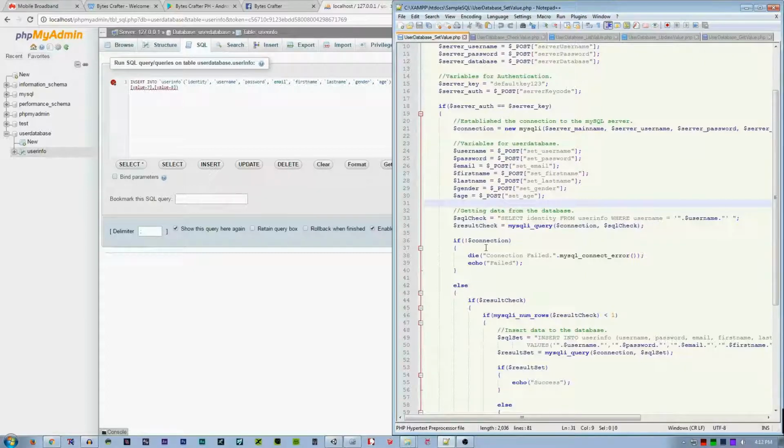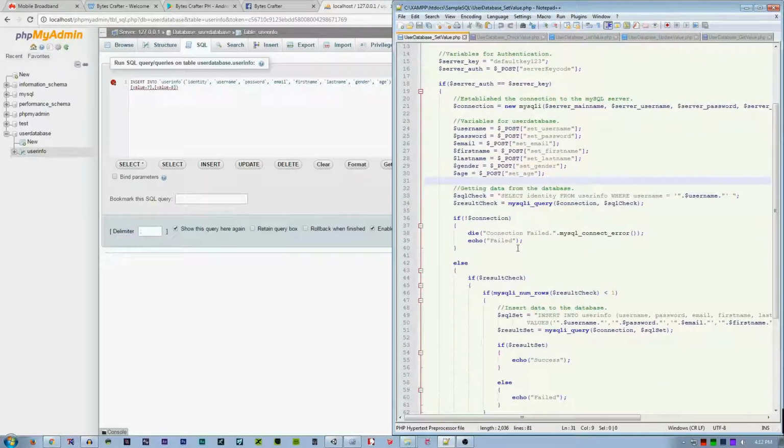First, before inserting data, we have to check if the username currently exists or not, because we don't want users to register with the same username, right? So we need to check if the username is available or not.